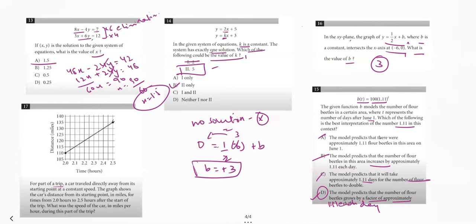Okay. So what we have to find basically is the speed, or the rate. Speed is equal to distance upon time. Now, what is the distance covered in this period? It started from 110 and ended on 135. So 135 minus 110, and the difference between the time period is 2.5 minus 2.0. So this is 25 upon 0.5, which is equivalent to 50. 50 miles per hour. Okay.